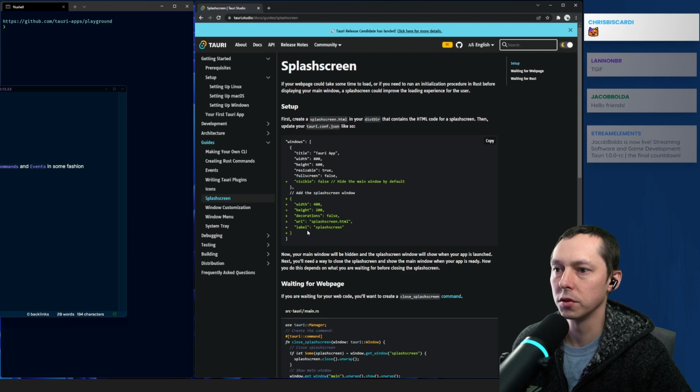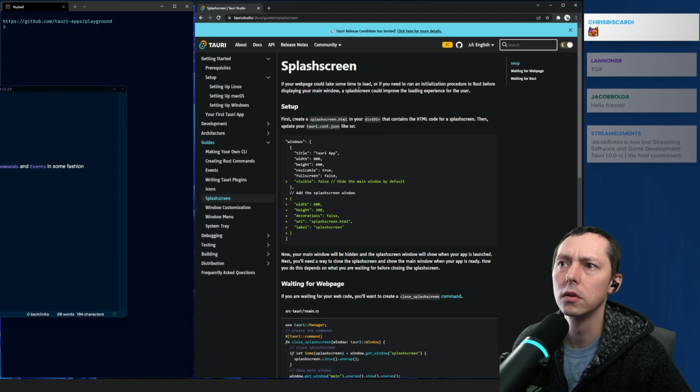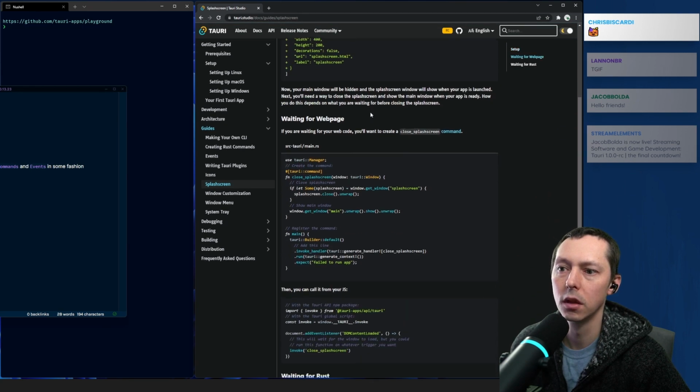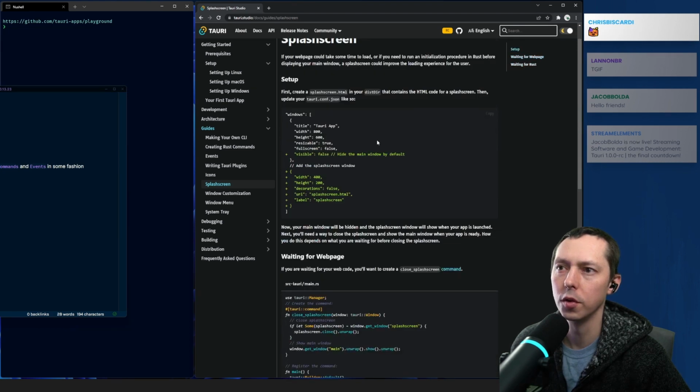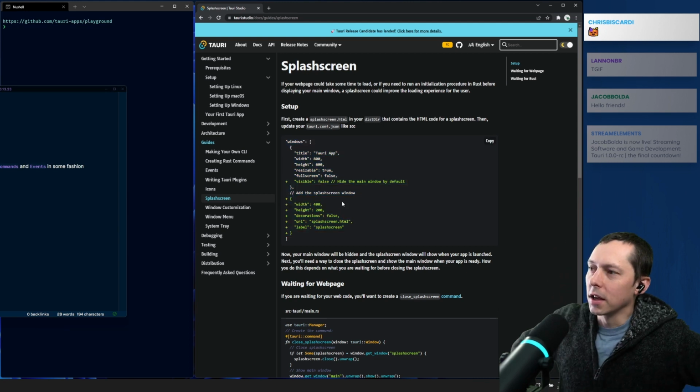It would be cool to do a splash screen at some point. We can add a window, splash screen window, because it doesn't specifically say, but I think just a picture. Maybe, well, maybe not. I thought you could do a picture too, but maybe it is just add this splash screen window. Yeah, I guess it's just HTML. But like honestly,